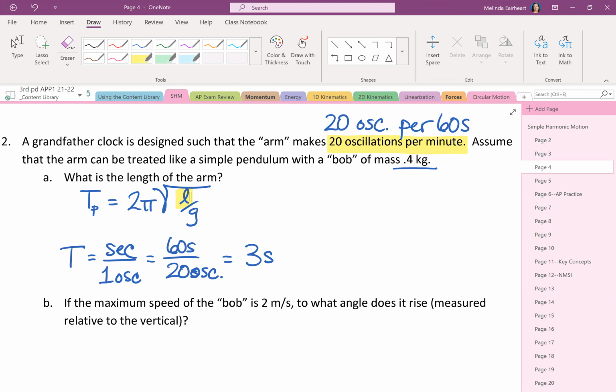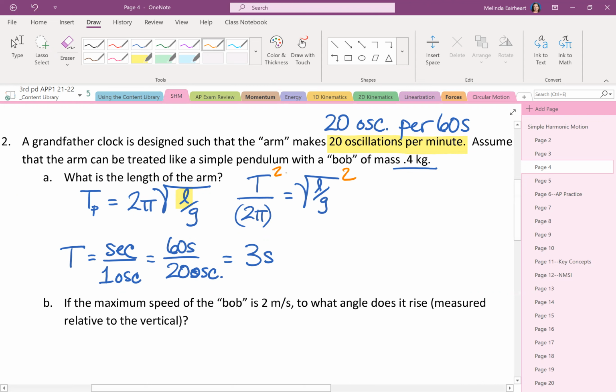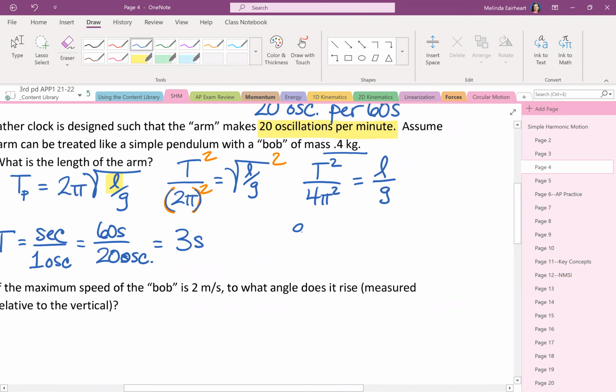I got to do what with 2 pi? Divide both sides by 2 pi. Again, think of it as a grouping. 2 pi, 6.28, and that equals square root L over G. Next step, square both sides, square everything, including the parentheses piece, and we're left with T squared divided by 4 pi squared equals L over G. Last step, multiply both sides by G, and we get G times period squared over 4